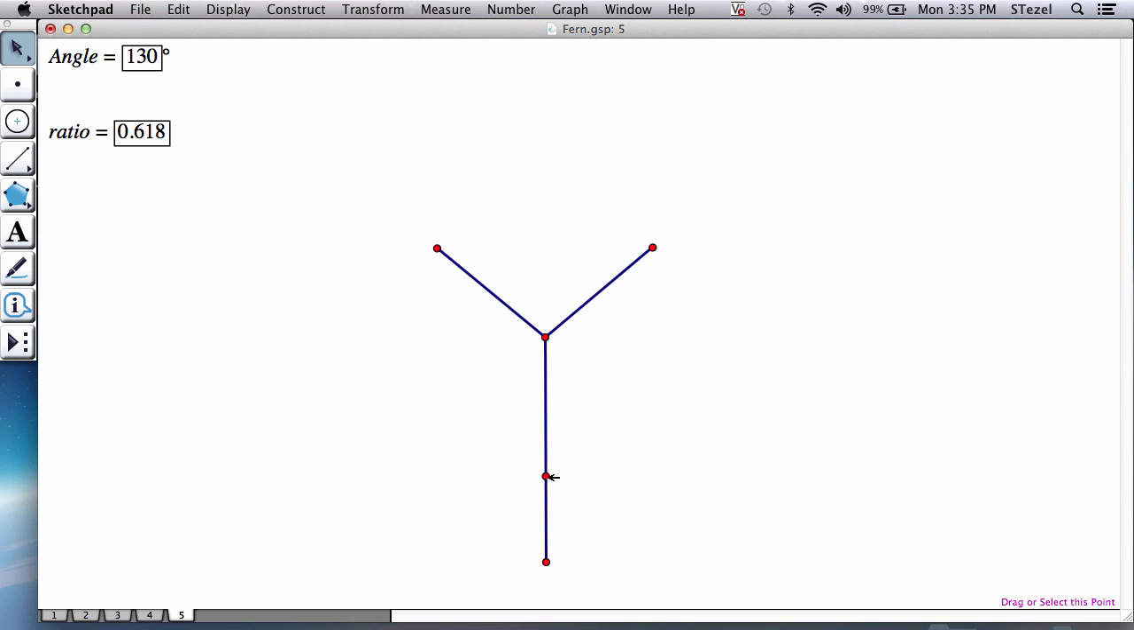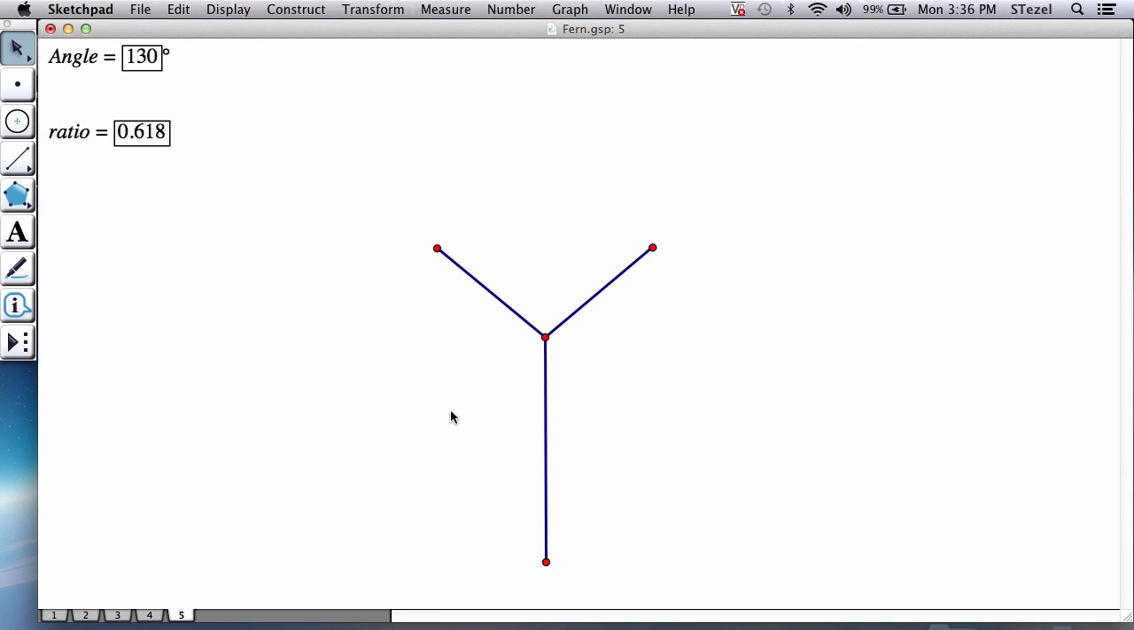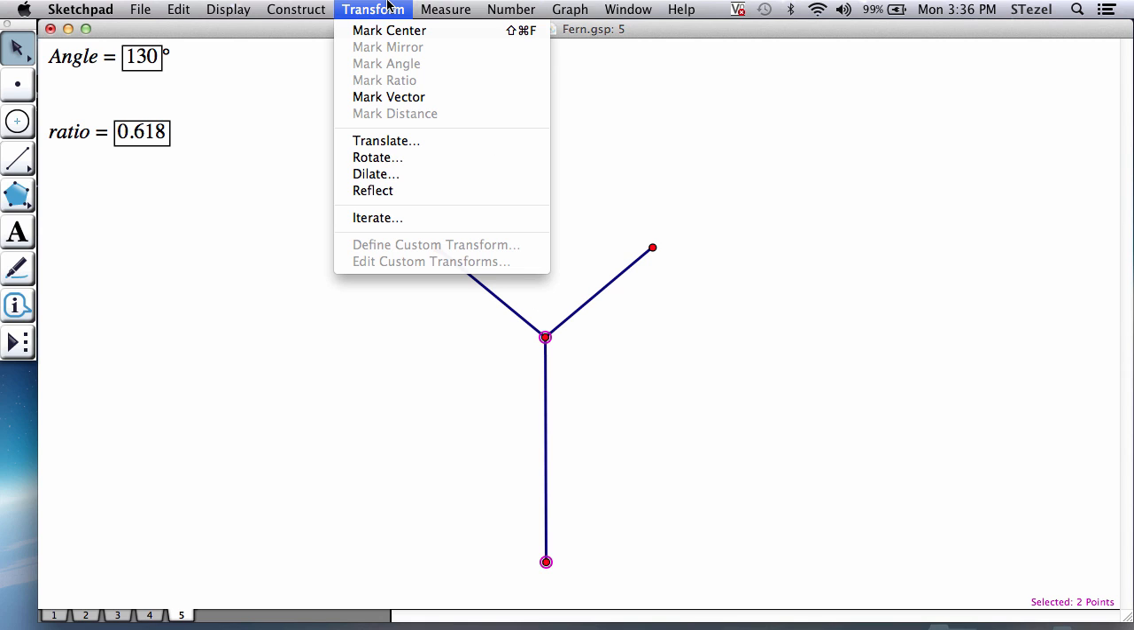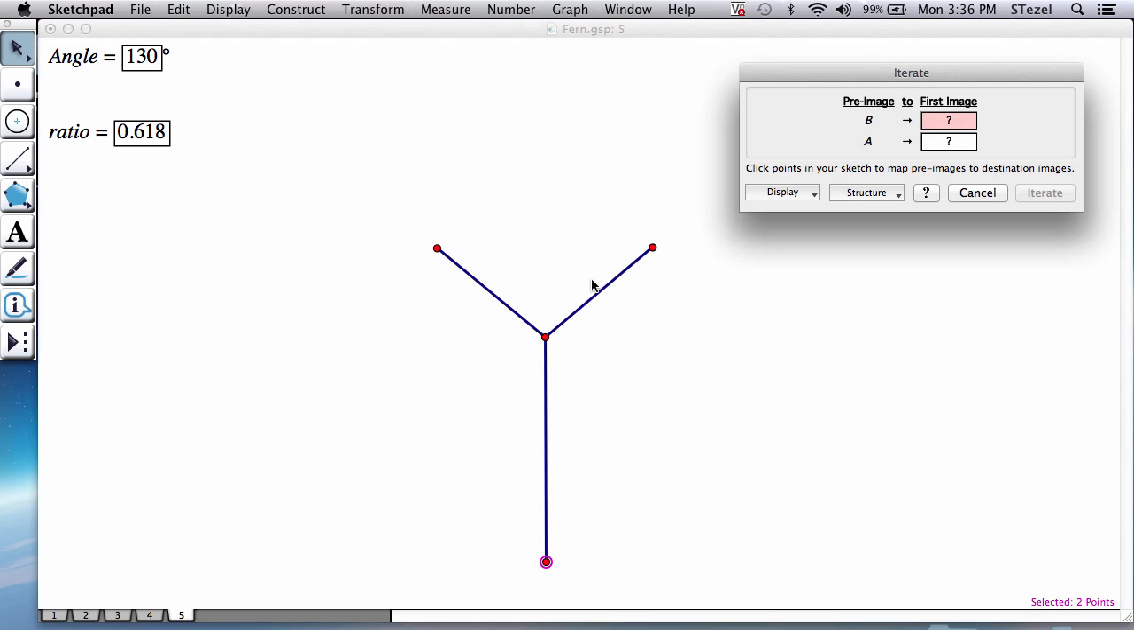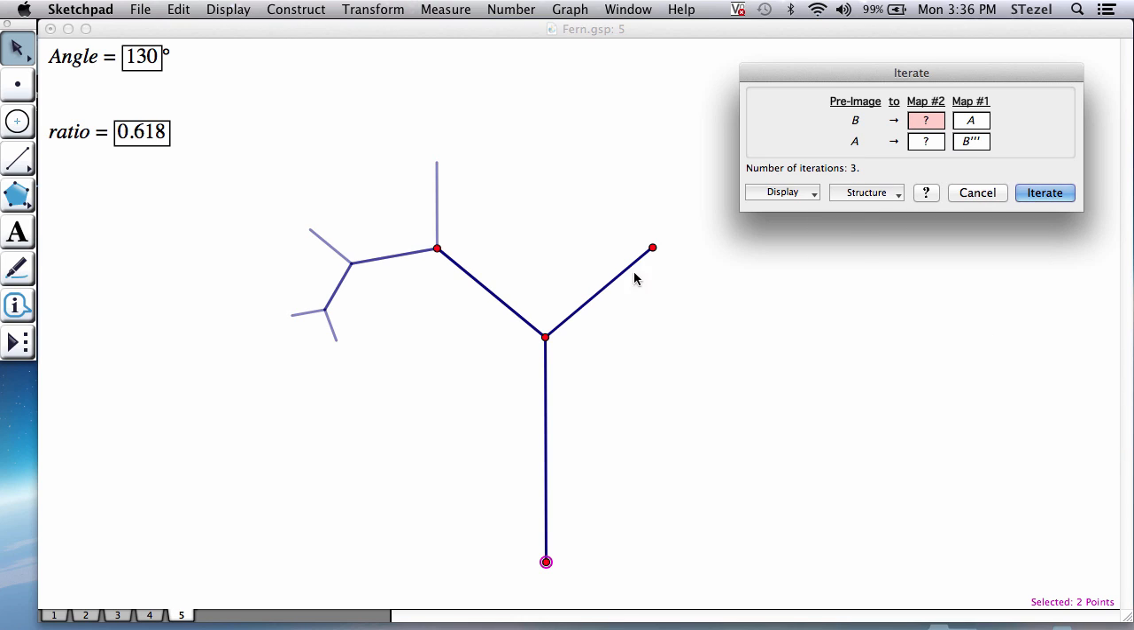So I select this point of dilation, which I don't want to see anymore. I'm going to hide it. And we are ready for iteration. So I select the bottom point, which is the first ancestor, top end point, which is the second ancestor of this construction. Transform, iterate. Now it's going to ask me what's the new bottom, top. So I'm going to go bottom, top, and I add the structure, which is a new map. I go bottom, top,